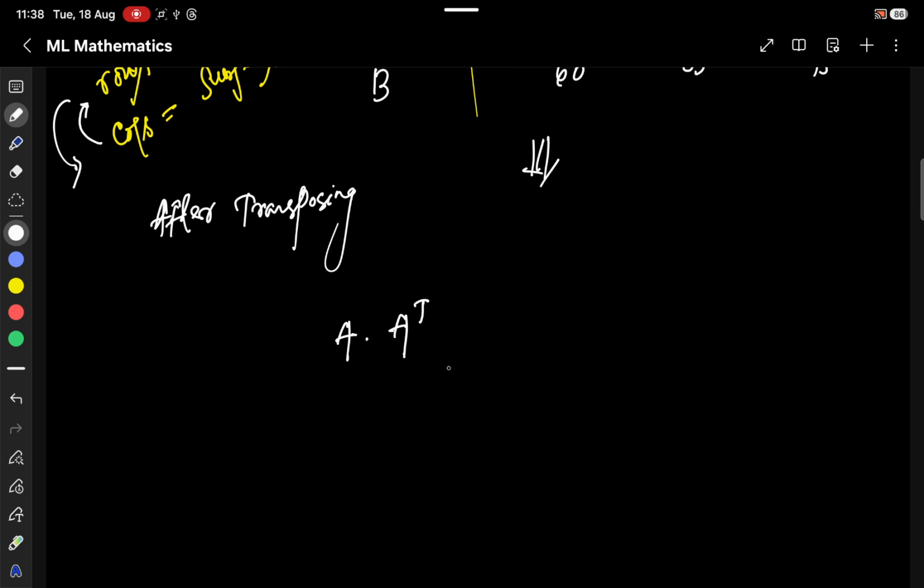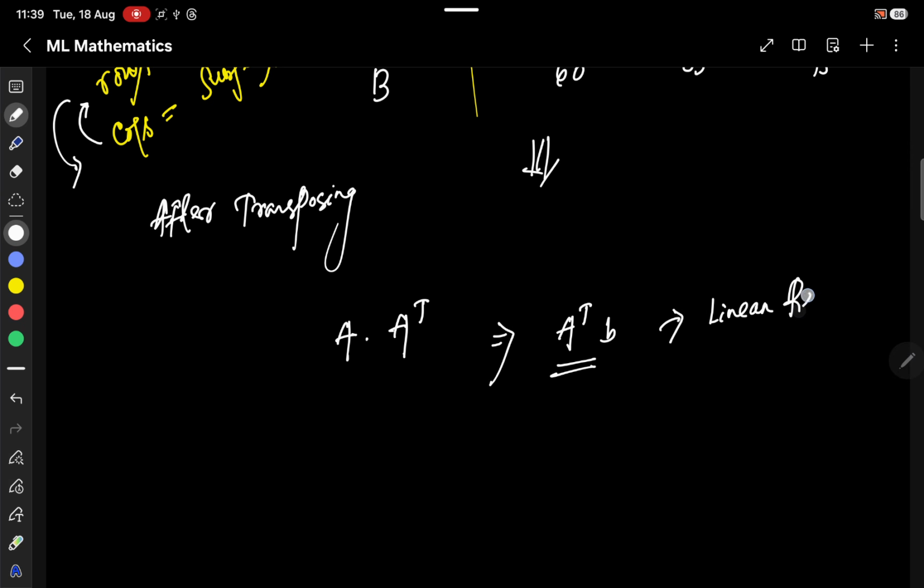What does that mean? I can write it like this, small a, or not small a, I'll write small b. Isn't it